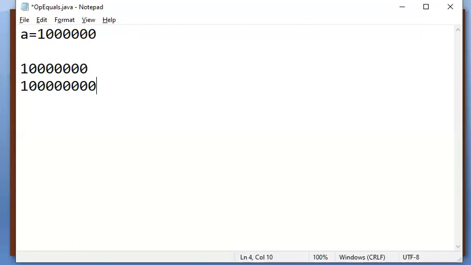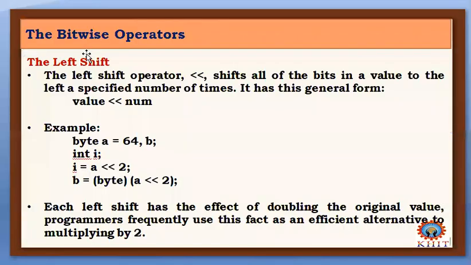So when you perform the left shift operation on A, you will get 256.